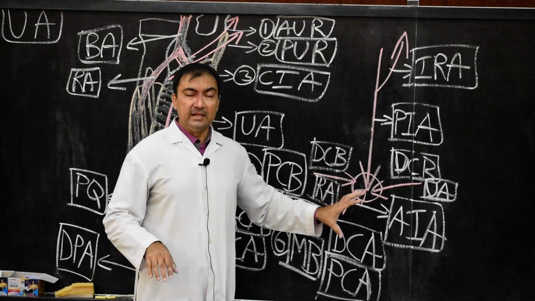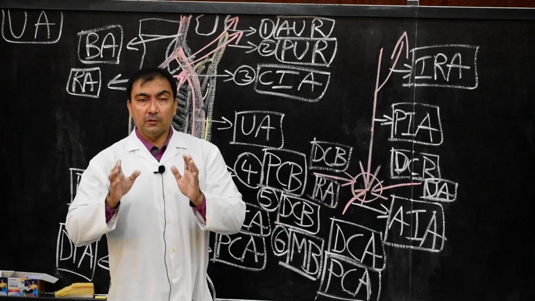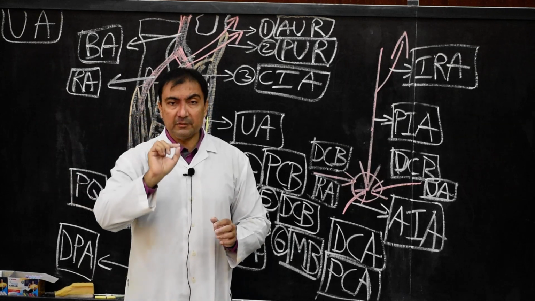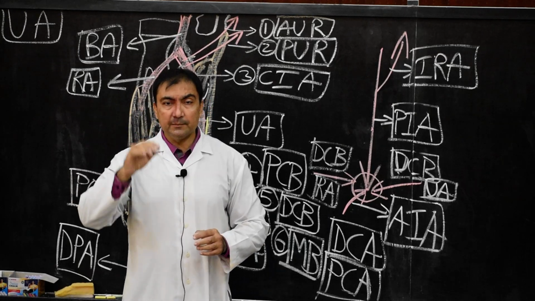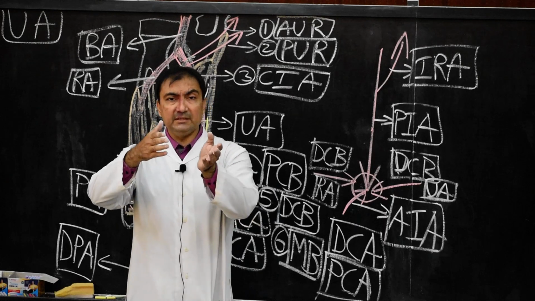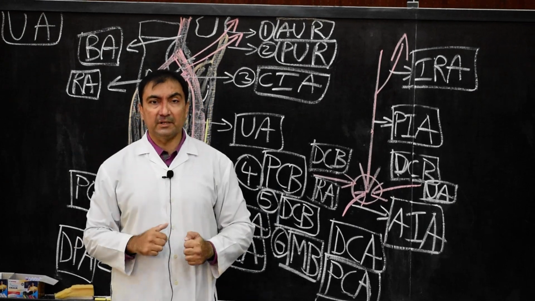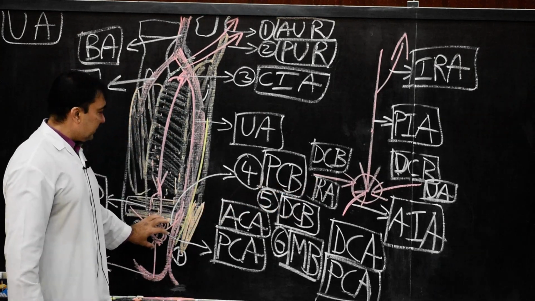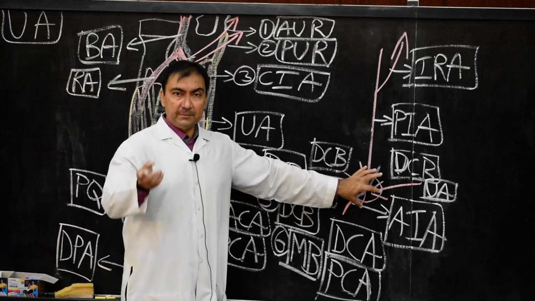Now remember this anterior and posterior carpal arch, that is palmar carpal arch and dorsal carpal arch, the formation by 4 arteries. It is asked in MCQs or 1 mark question answers: write in one sentence the formation of the palmar carpal arch, or write in one sentence the formation of the dorsal carpal arch. So you need to understand, basically very simple, the anterior carpal arch and posterior carpal arch, 1 mark question answer.